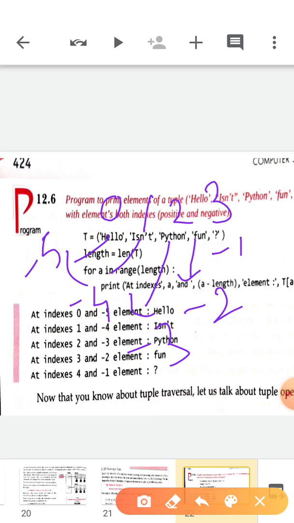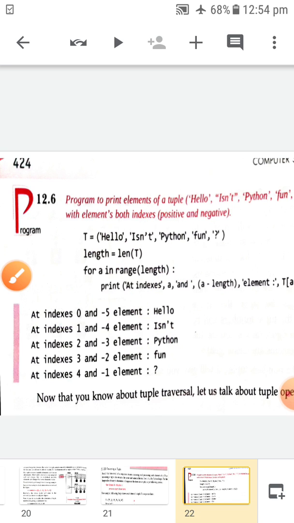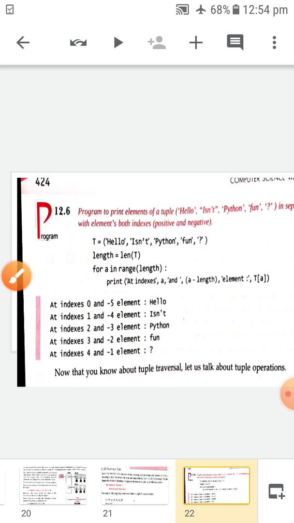So you need to use both indexings while printing the whole message. At 0 and -5 you are having hello, at 1 and -4 you are having isn't it, at indexing 2 and -3 you are having Python. So in this way you can print the whole thing. I hope you can do such kind of questions.